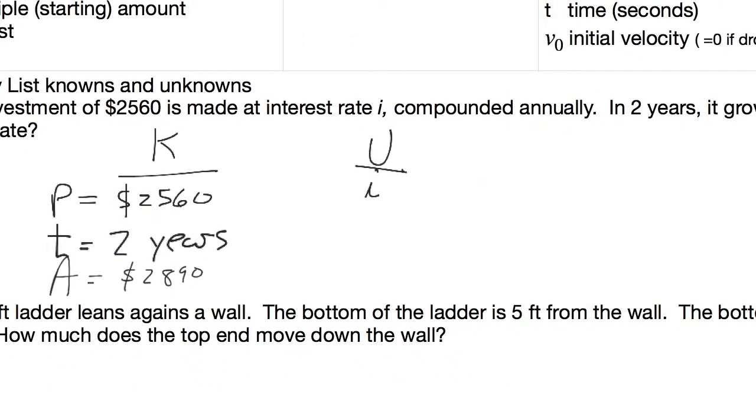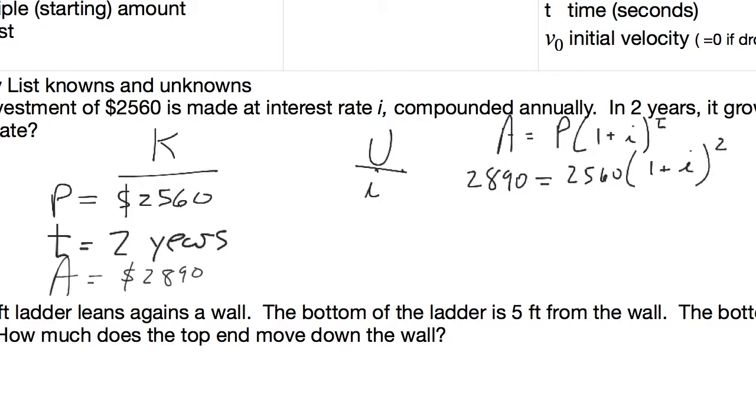Using the formula A equals P times 1 plus I to the T, we fill in everything we know, and that is this: 28.90 equals 25.60 times 1 plus I